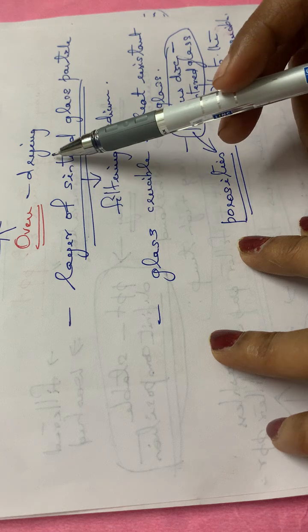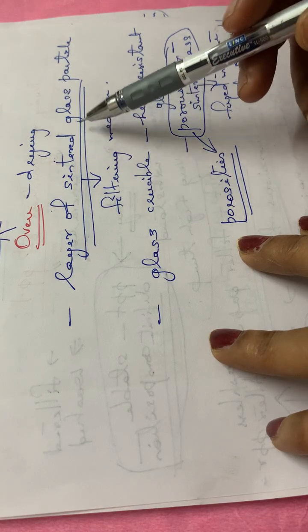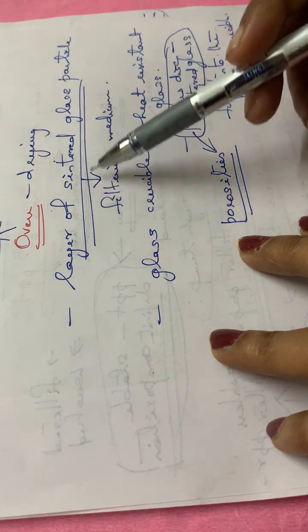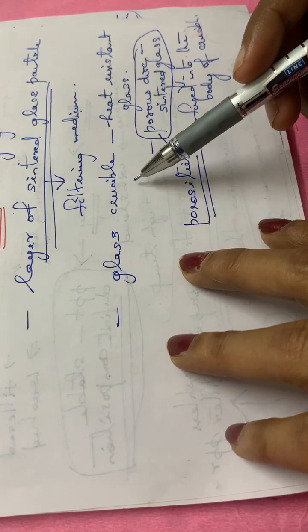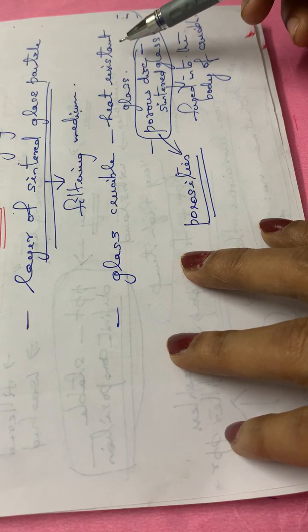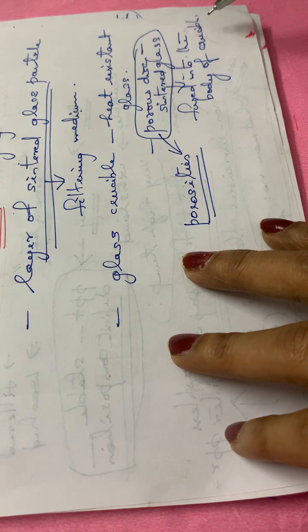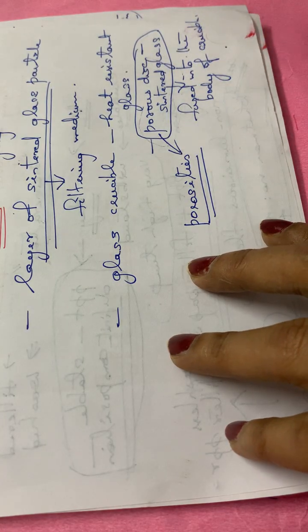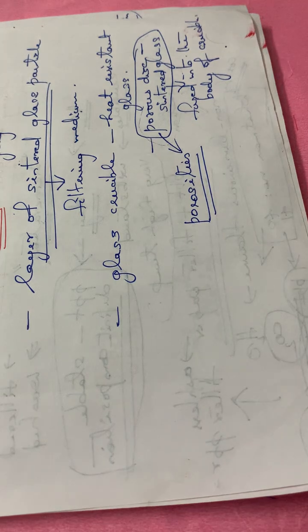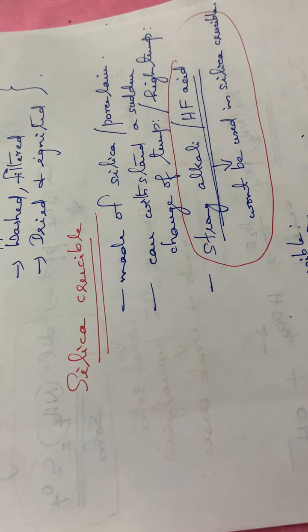So normally this type of crucibles is used for precipitates which are oven dried, and it will be having a layer of sintered glass particle, and this layer will be acting as the filtering medium. And also it is a glass crucible. It is made up of a heat resistant glass with a porous disc of sintered glass, and it is fused into the body of the crucible, and this porous disc has various porosities. Okay, so this is about the two types of crucibles, silica crucible and sintered crucible. Then the next is precautions in handling the crucible.